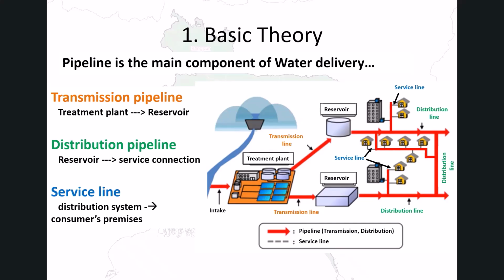If these pipelines are not properly managed, stable water pressure and water quality cannot be maintained, and leaks may occur. Proper operation and maintenance of water pipelines form the foundation of safe, reliable, and sustainable water supply services, and therefore must be carried out continuously and in a planned manner.